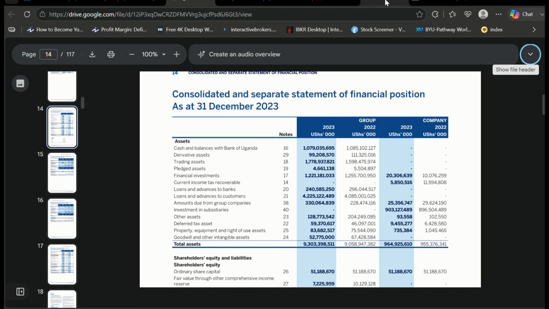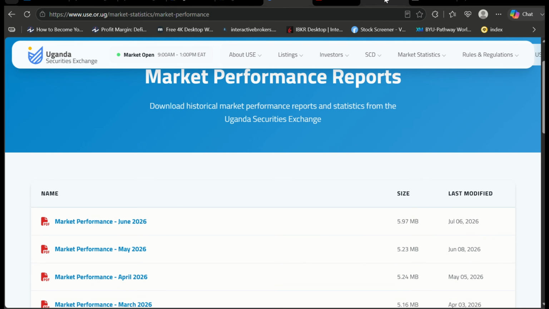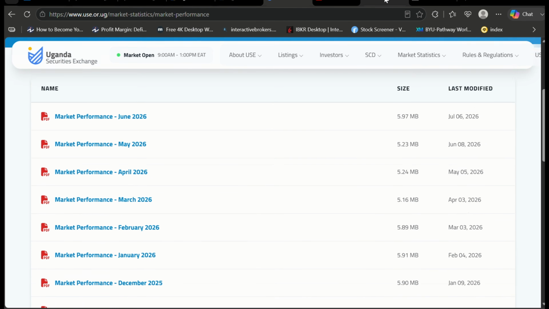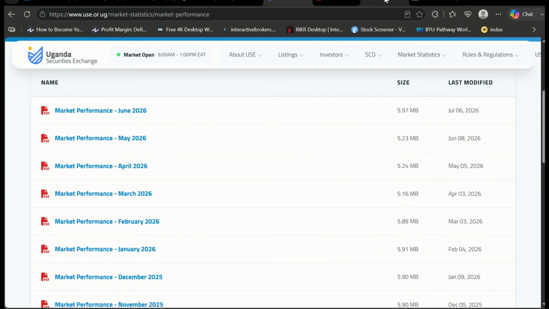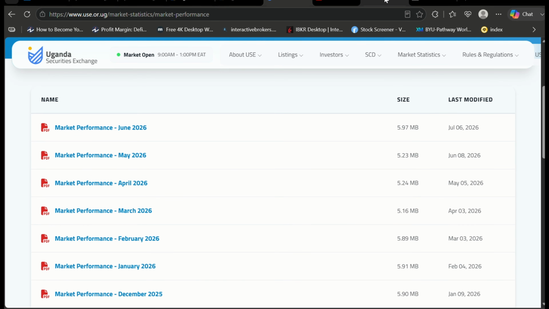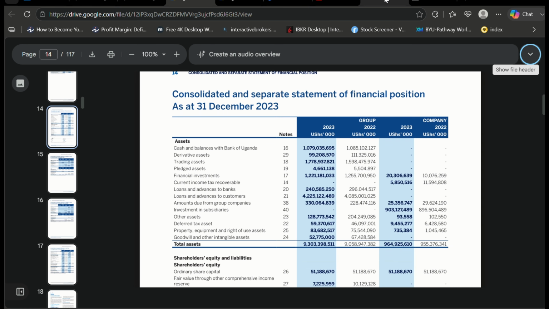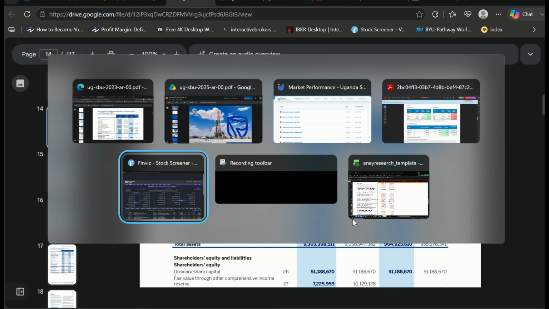So you use Mansa Markets. I come and check the Uganda Securities Exchange website, but for a very short time, because I just get the market performance data. This would be relevant in the calculation of the market return variance when calculating beta. So when I'm done with that, okay, let me just